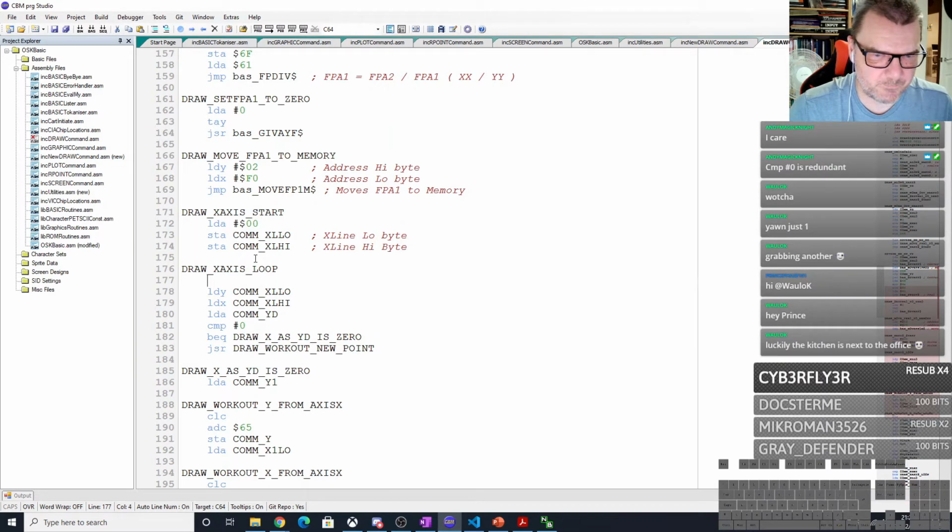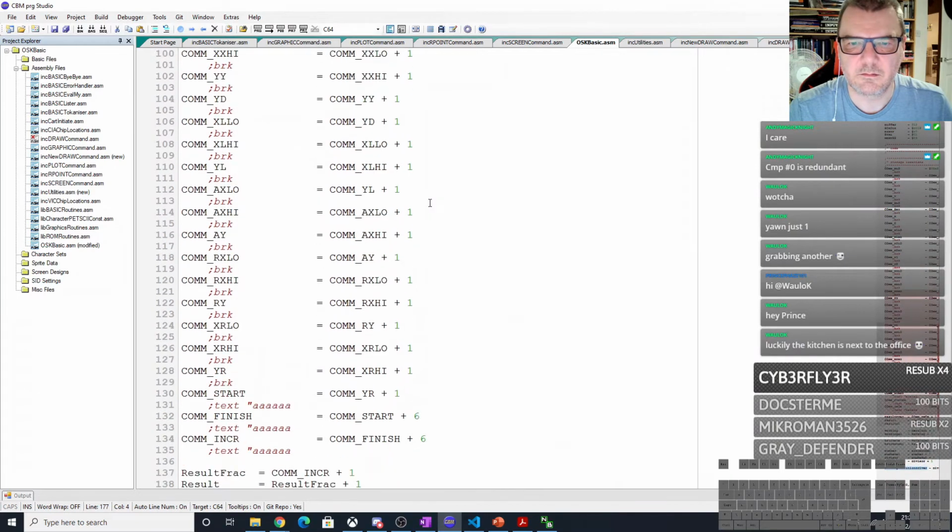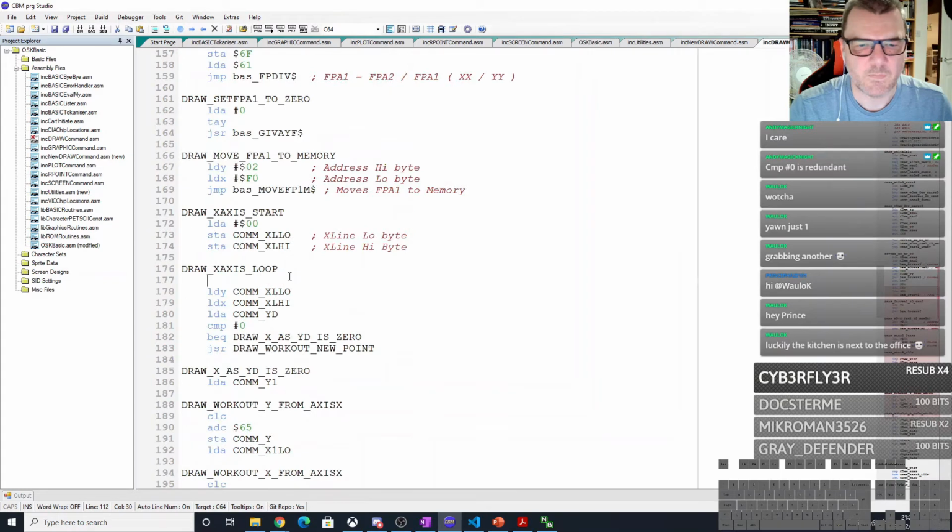So when we're running along the x-axis, we're going to be doing increments or minus increments, whichever it is. But for the y-axis, we're going to be adding to it. So I think there's a comp YL. Is there a YL? Yes. And that YL